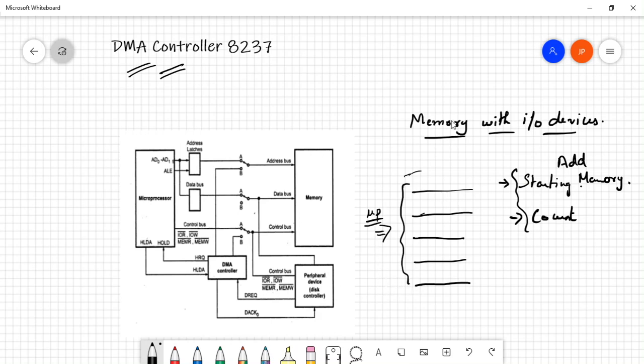Now obviously for reading and writing you require some signals, which is mentioned over here: memory read, memory write, IO read, IO write.